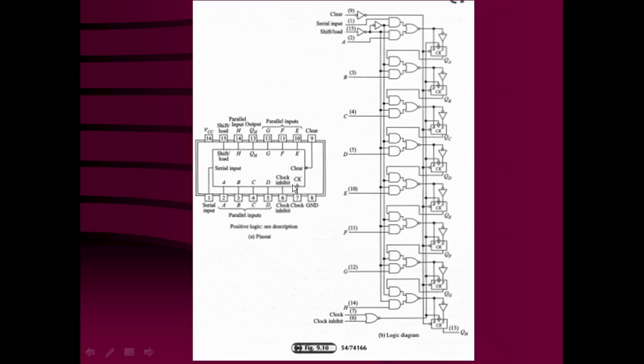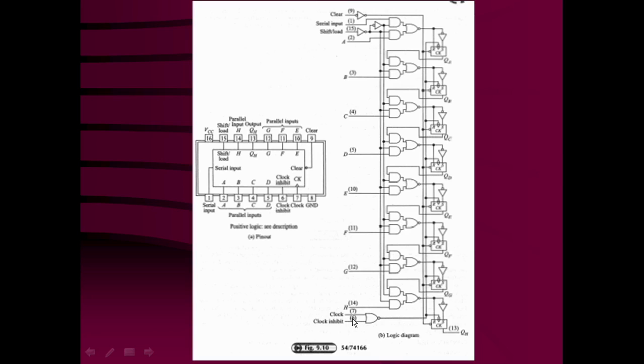One more pin is there, that is called clock inhibit. This clock pulse is passed through the NOR gate. You can see that all the flip-flops are negative edge triggered. This clock is available after the output of the NOR gate. So when clock inhibit is low, the clock will pass through the NOR gate inverted. So the flip-flops, which are negative edge triggered, will change state after the clock makes a positive transition. So you can say that when the clock makes a positive transition, the data will be loaded into the flip-flops.